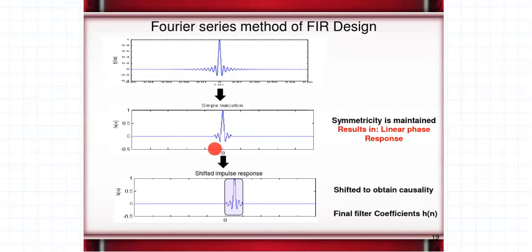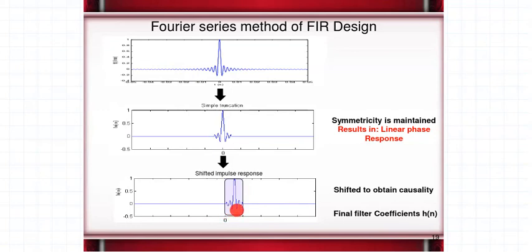So we have shifted the impulse response, right? And this shifting is done in such a way that all the coefficients of the impulse response are on the positive side, resulting in a causal filter. So you could see here, now I call this my final filter coefficients, which is causal also and which is symmetrical also. So remember these two characteristics whenever we design an FIR filter, right?